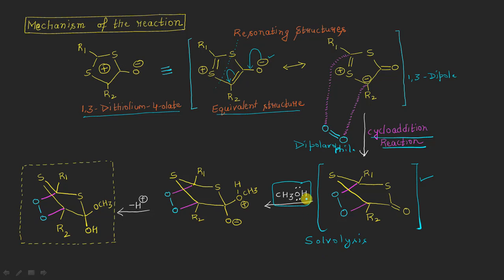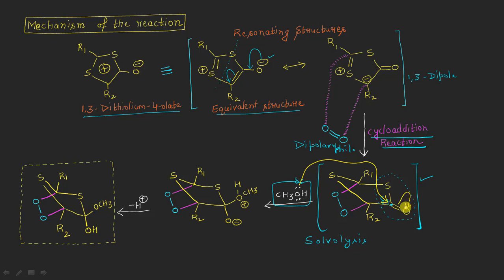Now, if we see what type of reaction is taking place, we can say that it is a thioester moiety in our cyclic adduct. And we know that this carbon atom has a partial positive charge. It is an electrophilic site. And we do have a nucleophilic site here, that is the oxygen lone pair, because it contains a partial negative charge, of this methanol molecule, right? So the oxygen lone pair will attack this carbonyl carbon in this way, sending these electrons onto this side, right?